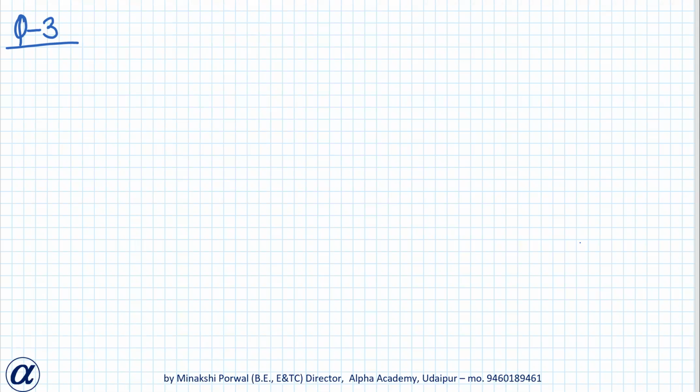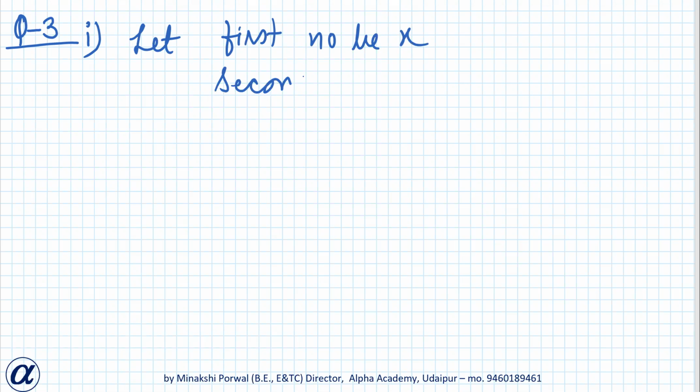Form the pair of linear equations for following problems and find their solution by substitution method. We are just going to frame the equations here and solving work you will do. Now we have solved sufficient equations, so I guess everybody will be able to solve. So difference between two numbers is 26. One number is 3 times the other. Find them. Let first number be x, second number be y.